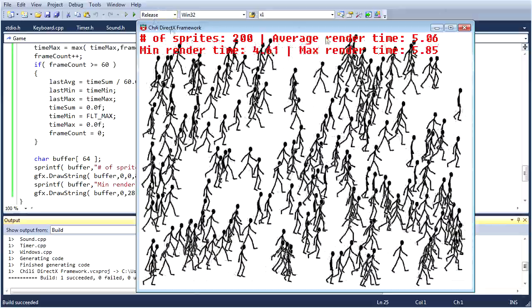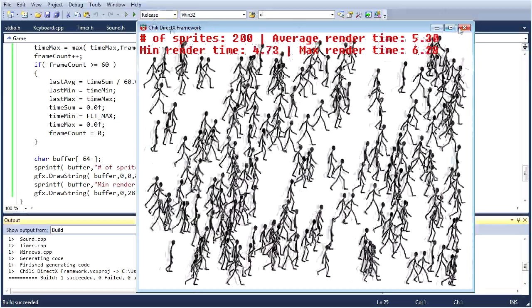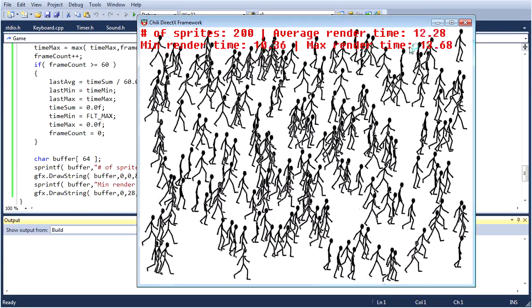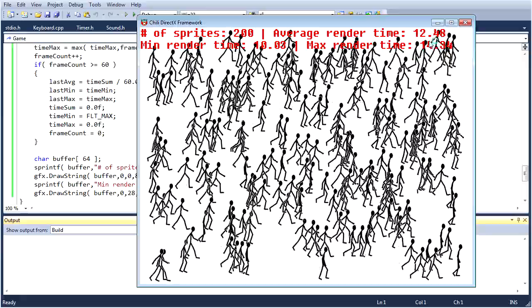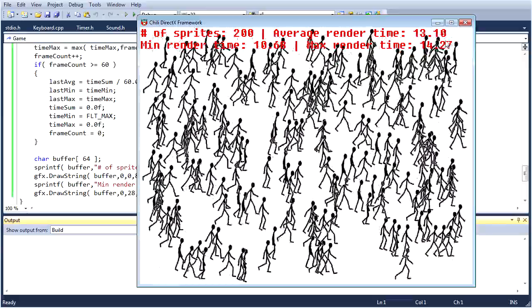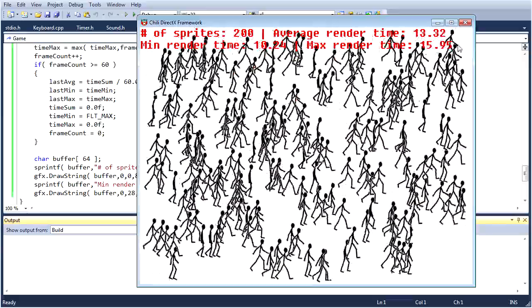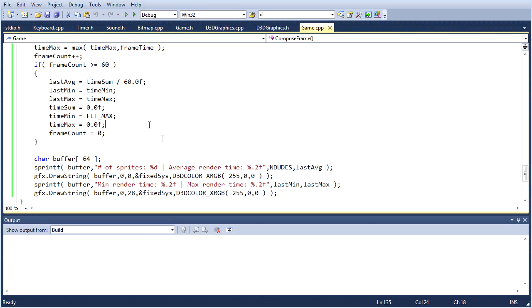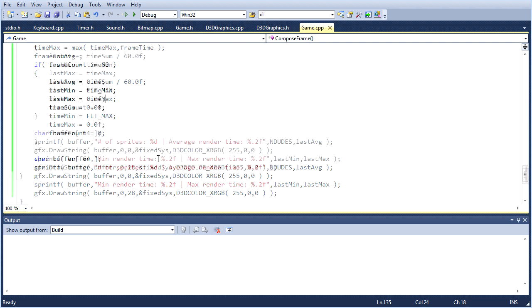So in release mode, we're at about 5 milliseconds per frame. In debug mode, 12, 13 even. So that's what I wanted to show you. That's the difference between release and debug. And if I had my Camtasia not running, I could run it even faster yet, but yeah, so there's a little